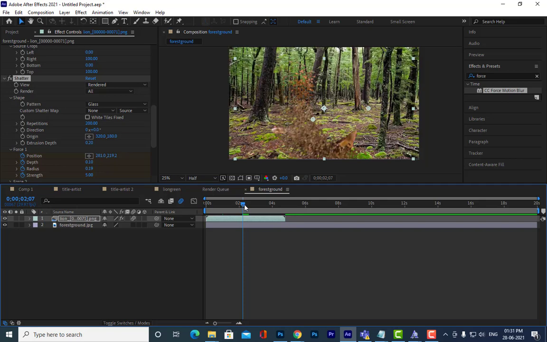Still it is taking a lot of time. And that is even after keeping this. Here you can see I have kept it half, still it is taking a lot of time.